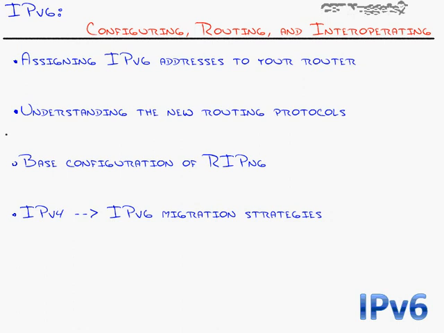We looked at the new routing protocols, seeing that every routing protocol has been updated to work with IP version 6, including RIP NG, next generation. And we even went through and set up the base configuration of RIP to exchange IPv6 routes on our network. Finally, we just looked at all the IPv4 to version 6 migration strategies. Non-pressured is the key. People will be able to move to IP version 6